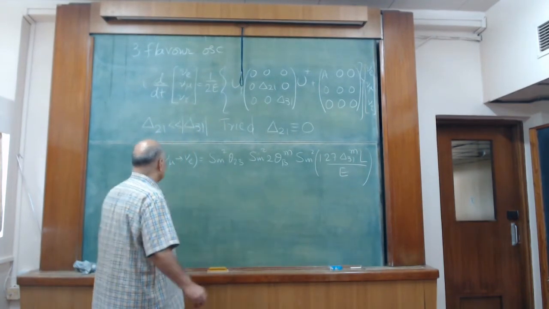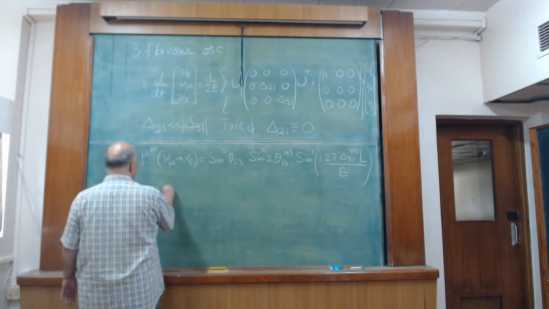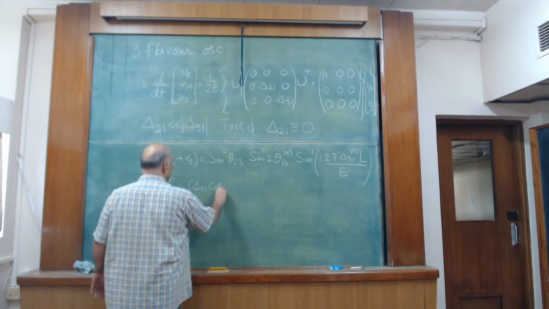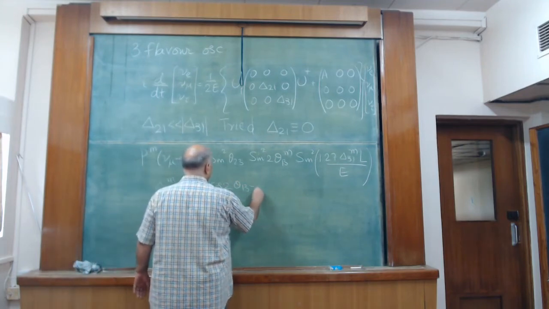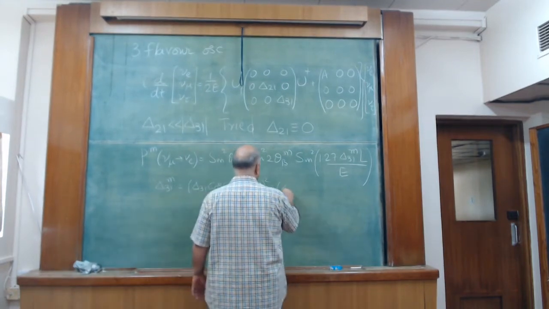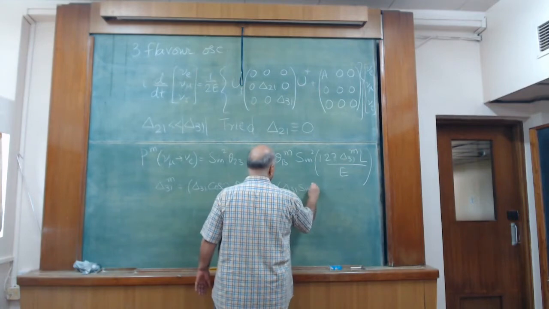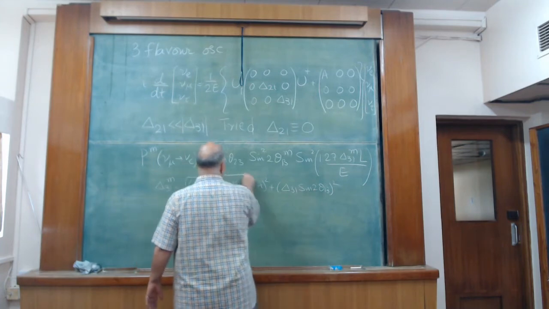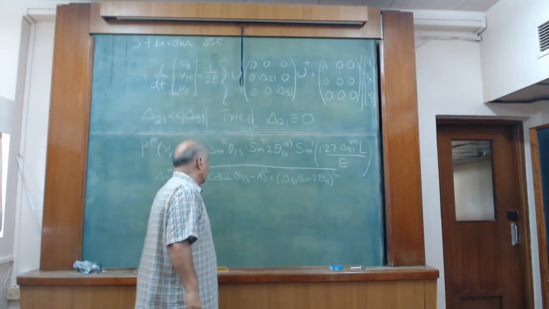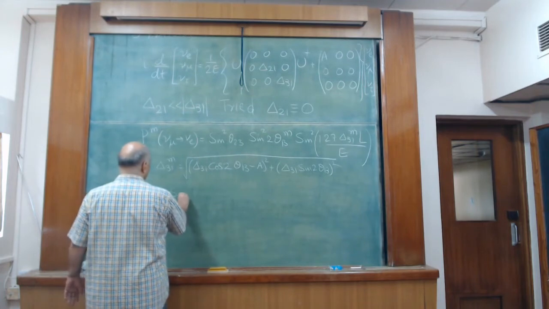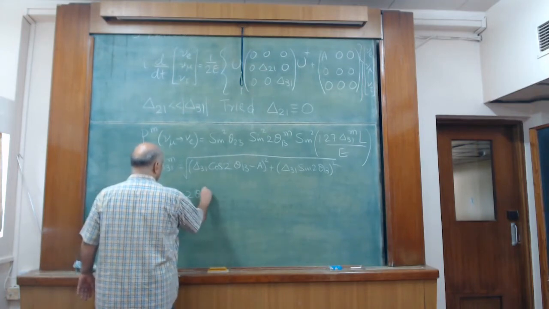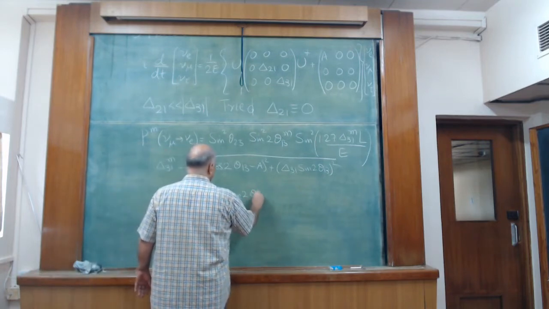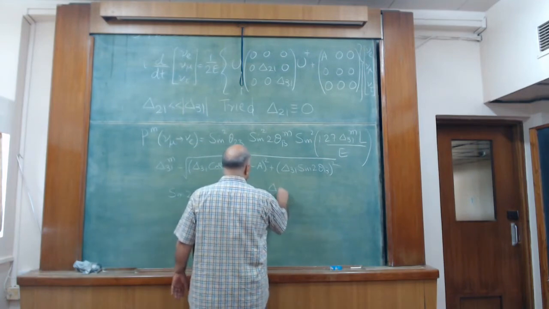And we have delta 3 1 matter is equal to delta 3 1 cos 2 theta 1 3 minus a, whole square, plus delta 3 1 sin 2 theta 1 3 whole square, the whole thing under a square root, and sin 2 theta 1 3 matter is equal to sin 2 theta 1 3 times delta 3 1